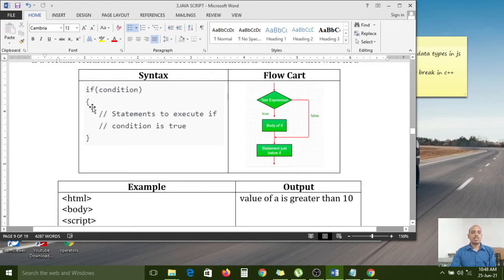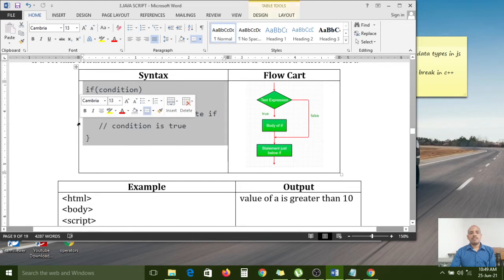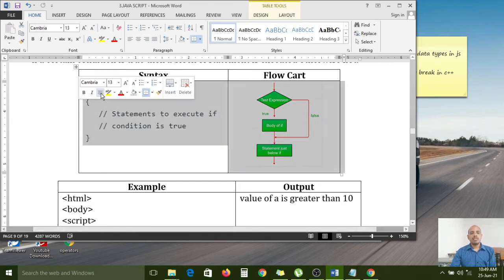This complete section belongs to the if condition. If the condition is true, the control will enter into the if block, and all the statements you have written will be executed. And if the condition is false, the control will not enter inside.